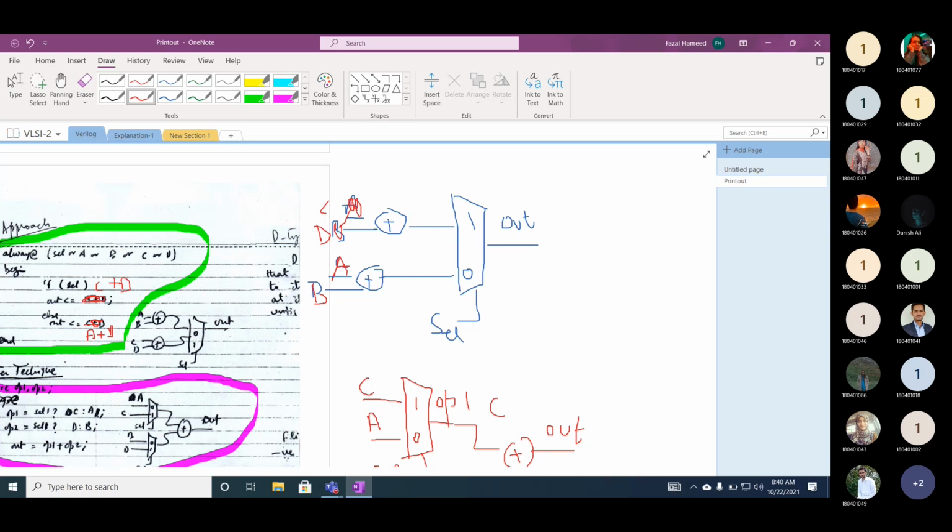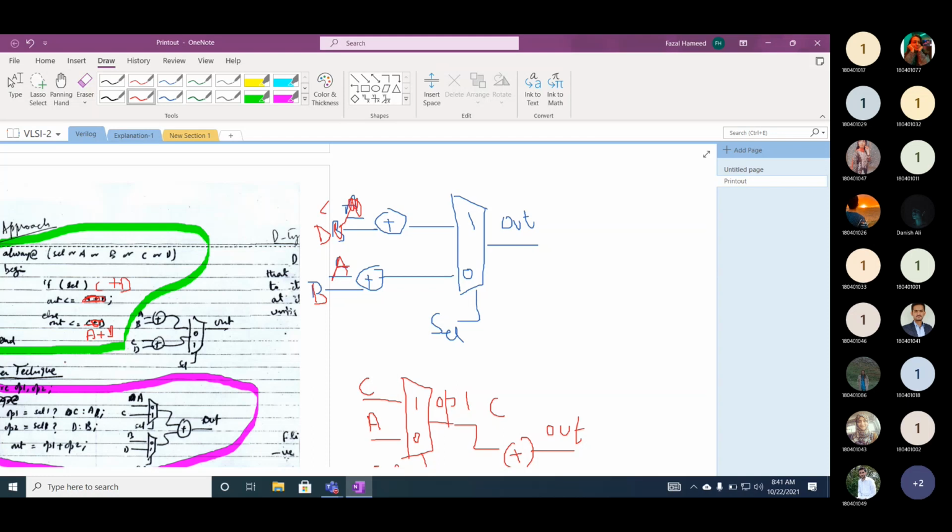So if you compare, you can implement this in hardware and draw the complete hardware at the gate level description, and then you will come to know which one is efficient. And this is not only efficient in terms of area but also in terms of performance, because multiplexer has less delay compared to an adder.